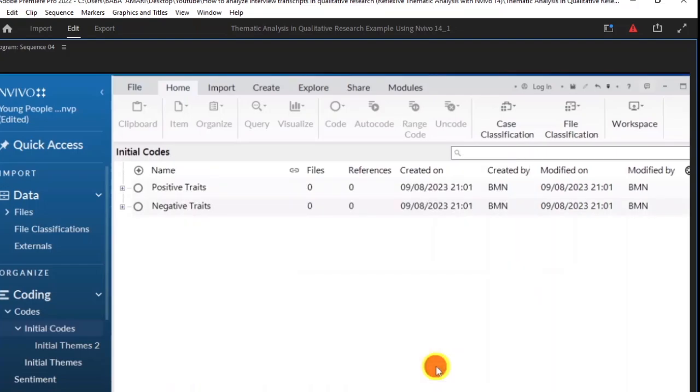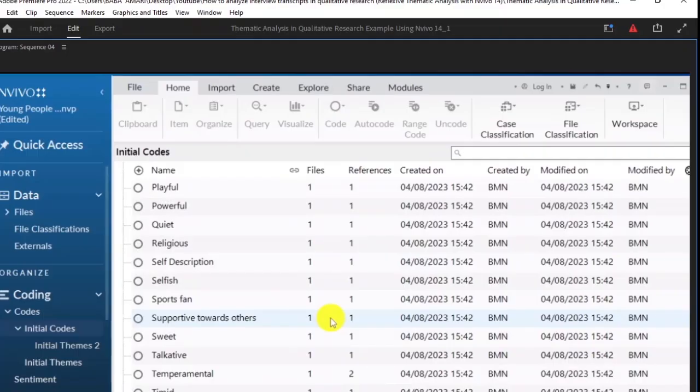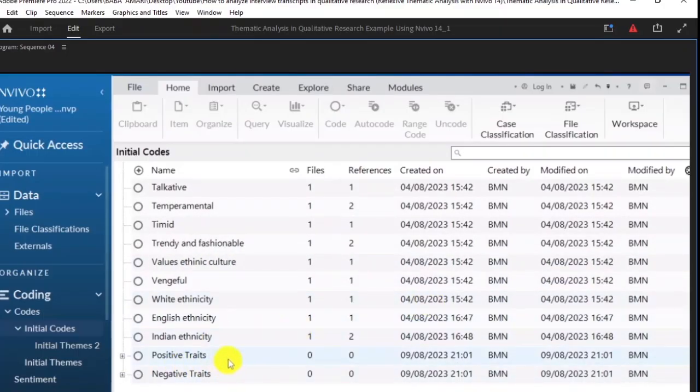Remember, in reflexive thematic analysis, we get themes from codes and not themes first and then codes. No, we first do the initial coding, then we study the codes to see what they tell us or how they relate to each other, and then we develop themes and we generate the themes from the codes. So you can see I've generated